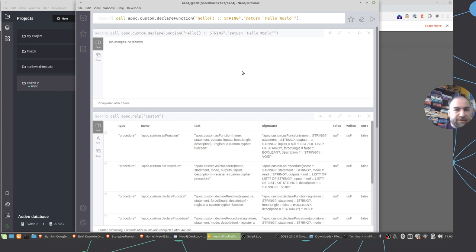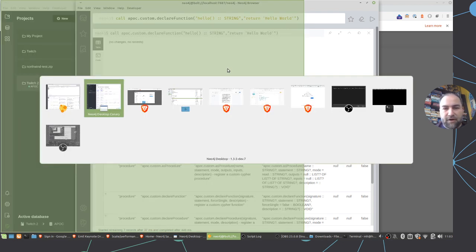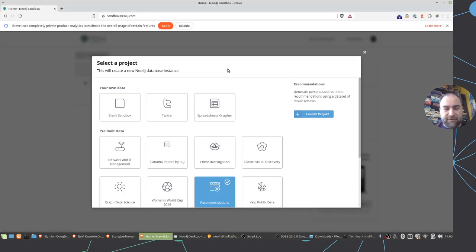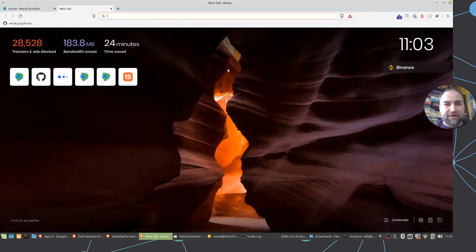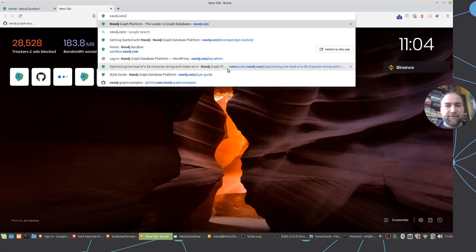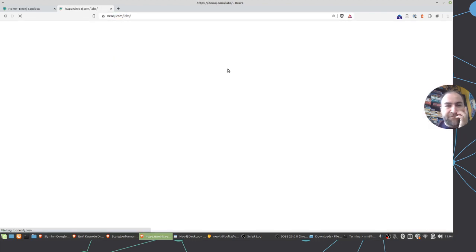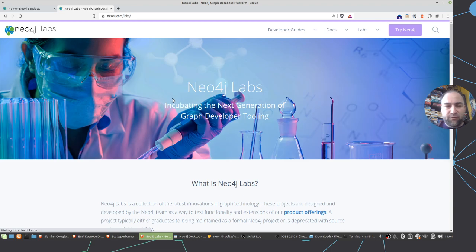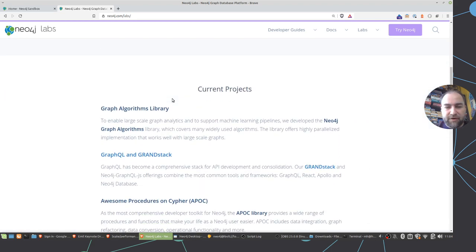I want to show today some of the lesser known apoc things, but what I want to start with is actually some cool news. I also had to restart my computer because the keyboard was not working anymore, so some of the stuff I need to go and find first. What I wanted to show you first is we have really cool new documentation for apoc and labs